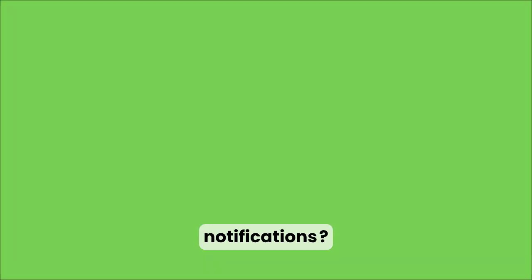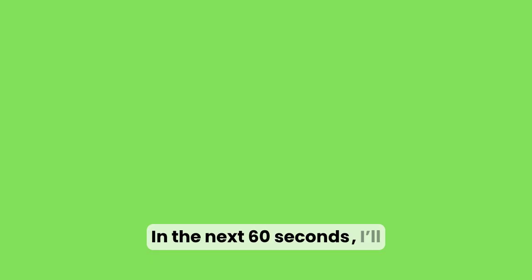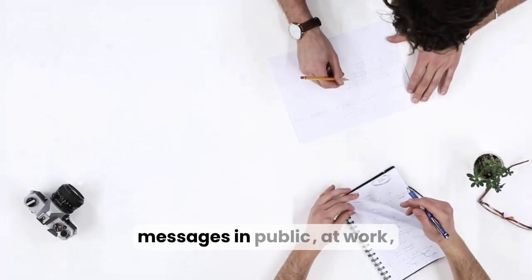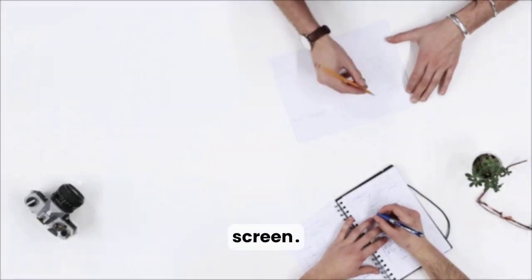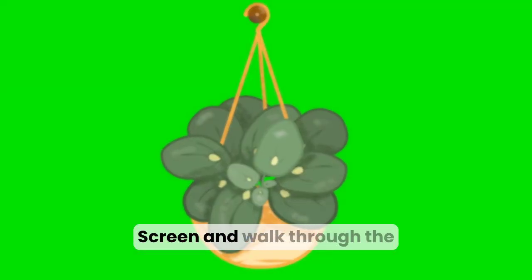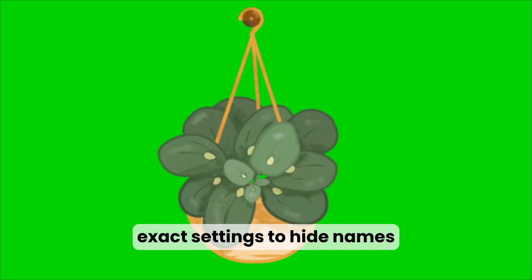Want to hide contact names from your iPhone message notifications? In the next 60 seconds, I'll show you exactly how to do it, step by step. This is perfect if you get messages in public, at work, or in meetings and don't want names popping up on your screen. We'll start on your home screen and walk through the exact settings to hide names but still